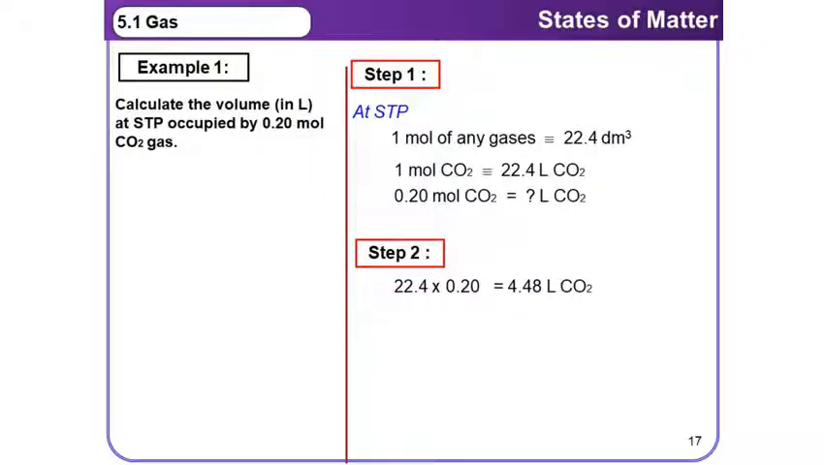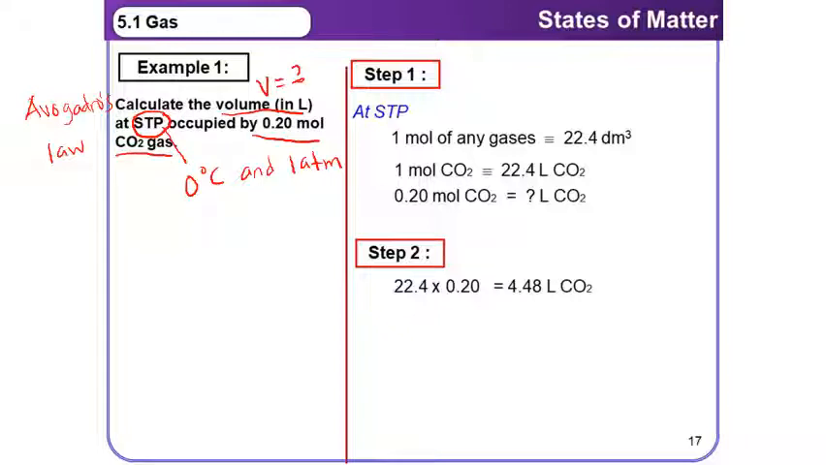Next example involves Avogadro's law. Calculate the volume V at STP. STP means at 0 degrees Celsius and 1 atm, by 0.2 mole of carbon dioxide gas. As we know, at STP, no matter what the gas is, 1 mole always equals 22.4 decimeter